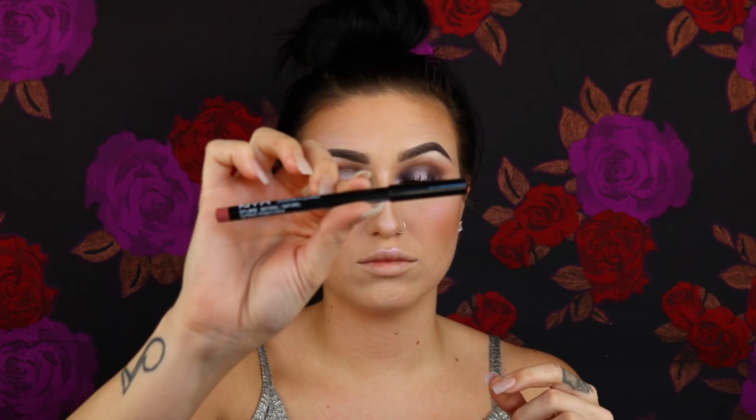To set all of the powders on my face, I'm going in with MAC Fix Plus all over. Give that a quick spray and let it dry down. And then for lips, I'm going in with NYX lip pencil in the shade Natural. I'm going to overline my lips a little bit, fill them in with this, and then on top I am